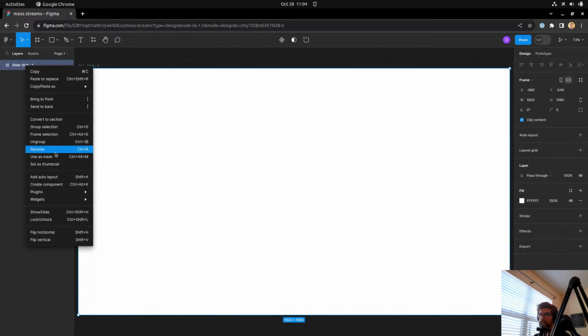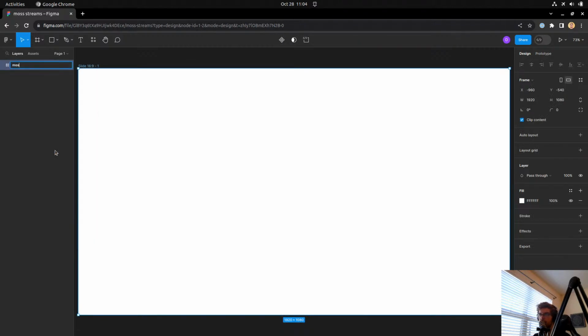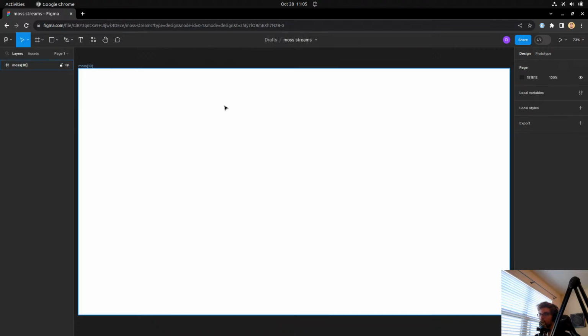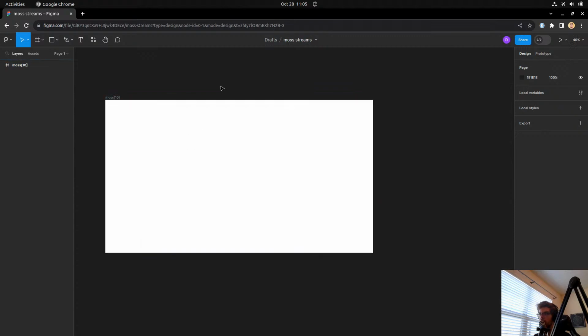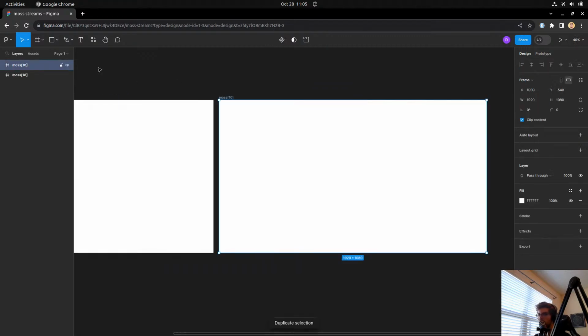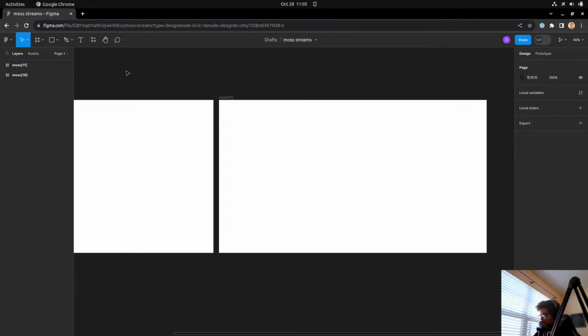So for example, I could take this and call it Moss 10, just today. Everything we do I'll keep in this slide, and this will be a record for us going on. We can create more and more of these. I could, for instance, duplicate this, call this one Moss 11, and have it set up and ready to go for next time.